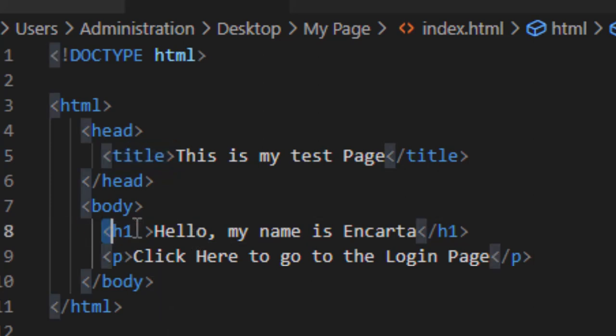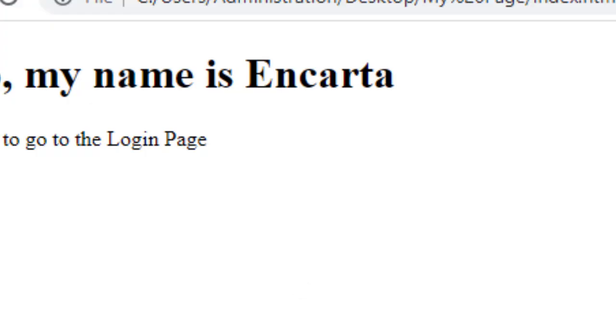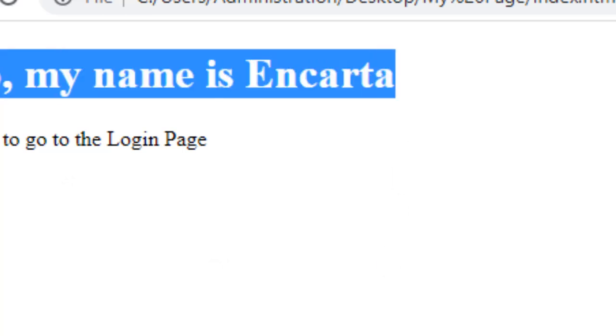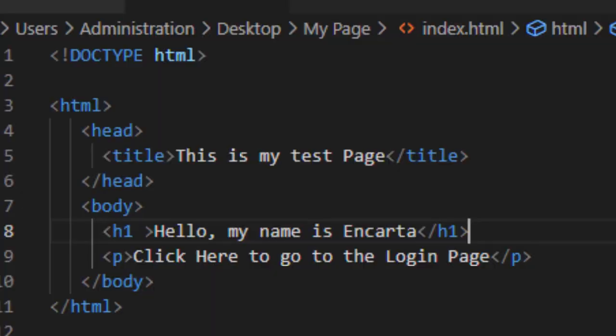For example, here we have an H1, which says, hello, my name is Nkata. And when we come to our browser, this is how it displays. What if we want this text, which has appeared by default black, to appear red? This is where tag attributes come in. To achieve this, it is very simple. All you have to do is come inside the opening tag here,